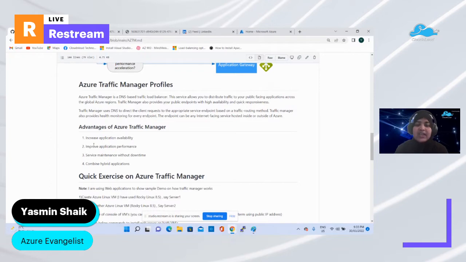The other advantage is improved application performance. Let's say I'm accessing the web application from Australia. You have deployed the application globally, in the Australian region, the Asia region, the US region, and so on. If people are accessing from a particular region, it will direct the traffic to that region's virtual machines, so they can be served easily without latency delays.